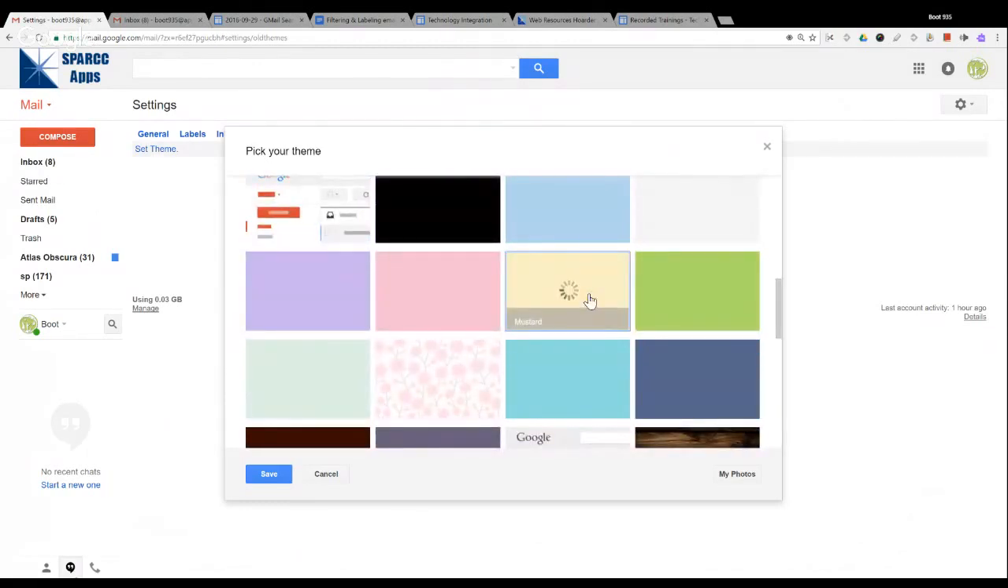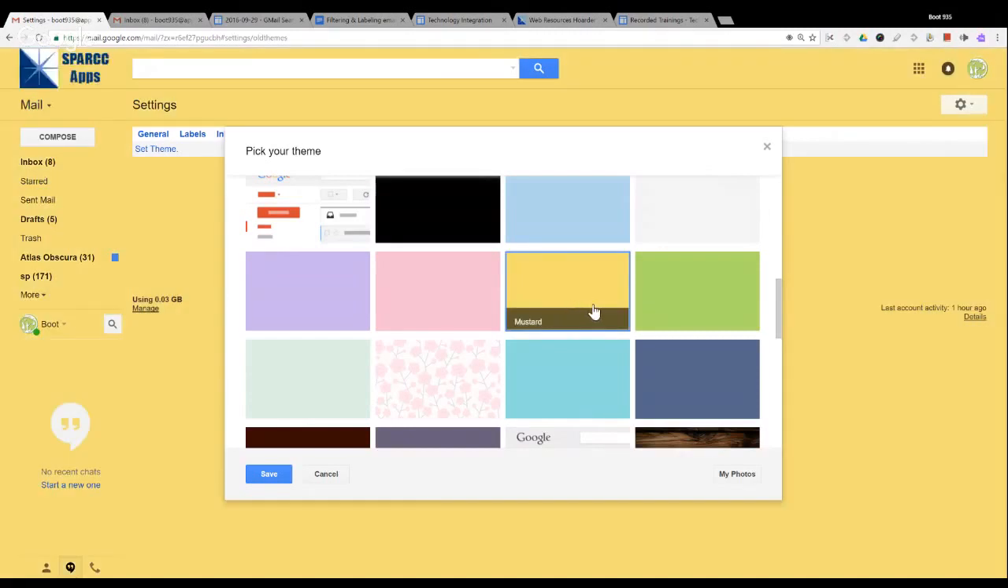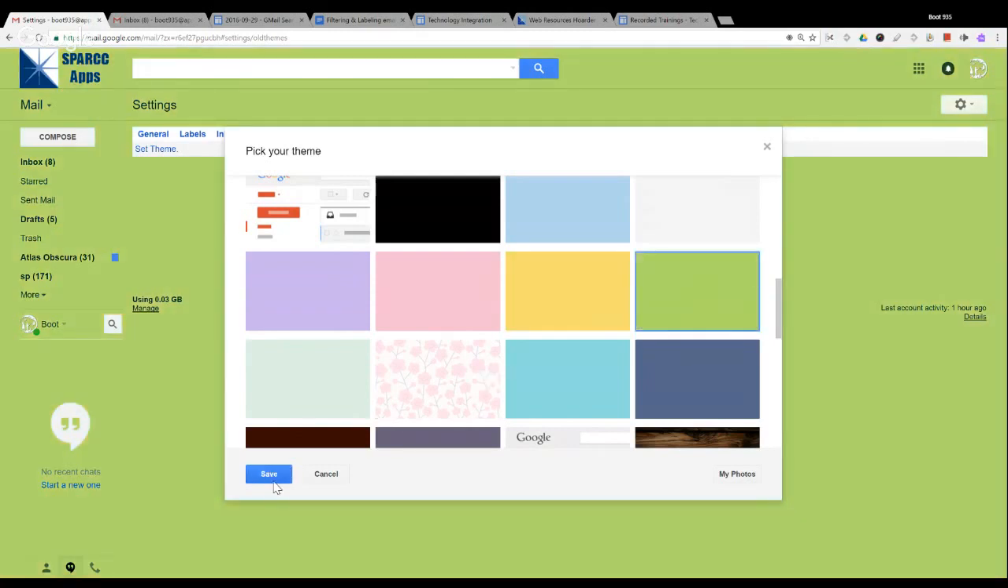We'll just choose this yellow mustard color for background, but that is pretty intense. I think we might choose a little more subtle background here. We'll try this green. Okay, we'll go with green for today. And we simply have to click on save. You can also add your own custom photos if you'd like. Some of these background